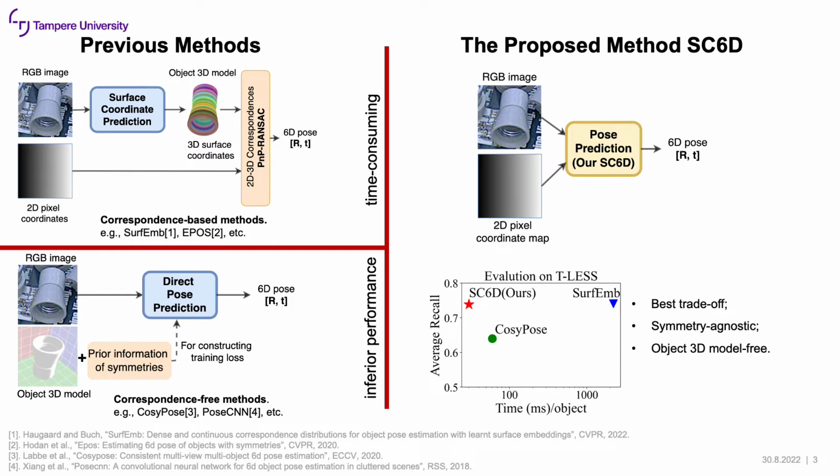In this work, we present a method called SC6D. Compared with previous methods like Symmetry-in-Bay and CosyPose, our method can achieve the best trade-off between efficiency and accuracy during inference. Also, our method requires neither the 3D CAD model nor the object symmetry priors during both training